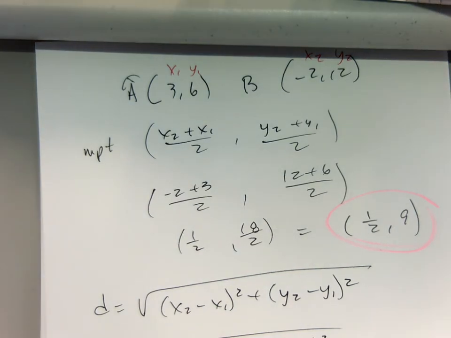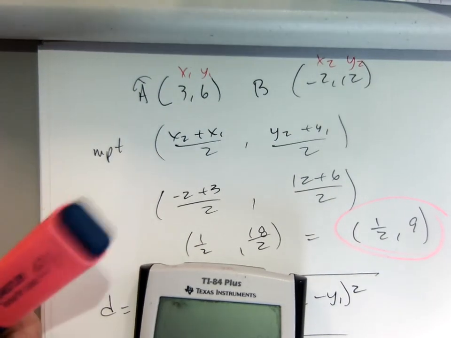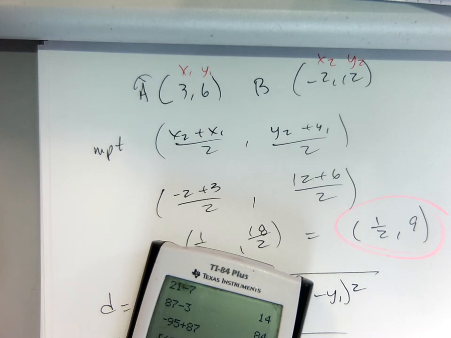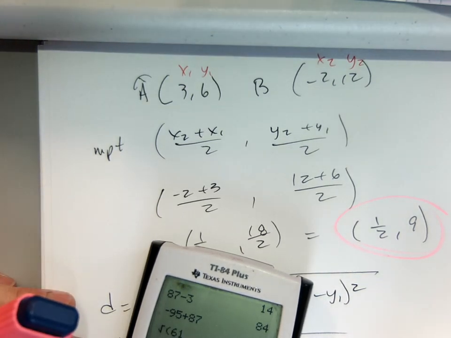I don't know what the square root of 61 is. Hold on. Square root of 61 is about 7.8 approximately. Okay,